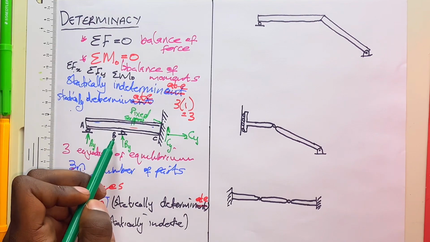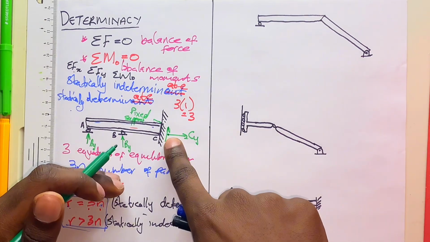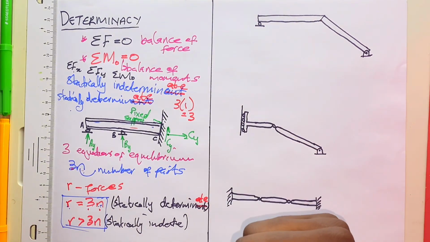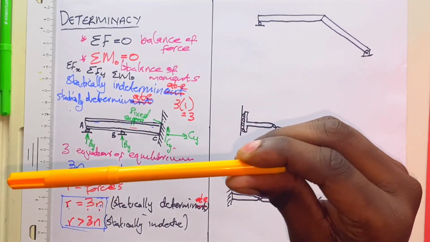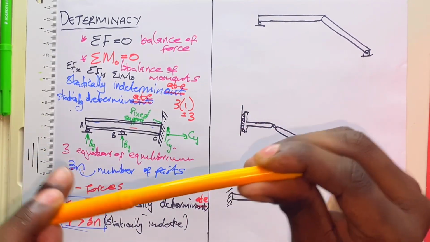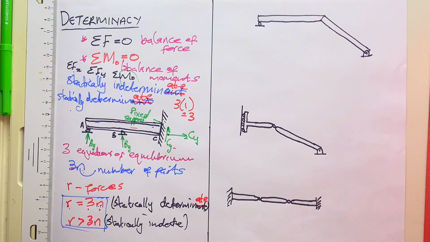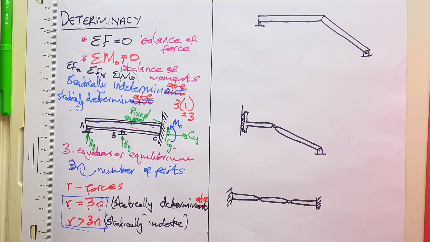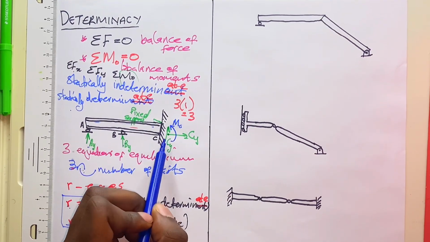Now if this B and A were not there and this member was trying to bend, this wall is holding it in a fixed position so that it doesn't bend. The same thing as if I hold this pen and I'm trying to push it down and my hand is holding it so that it doesn't bend. The same thing will happen at this fixed support, meaning that at this fixed support we'll also have a moment at C. Now these are all our unknown reactions, meaning that our R is equal to 1, 2, 3, 4,